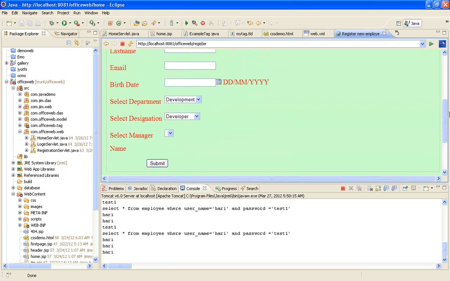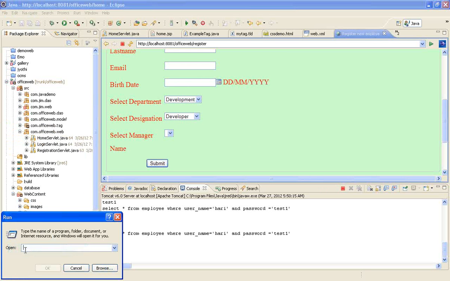Controller is the servlet, right? View is the presentation, that is the JSP file, and model is the data. So now I see the departments and designations here, and that is the data. So how the flow comes is that